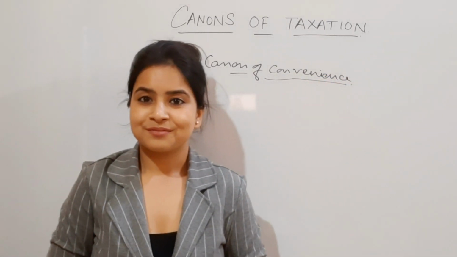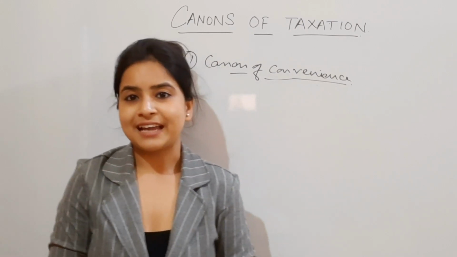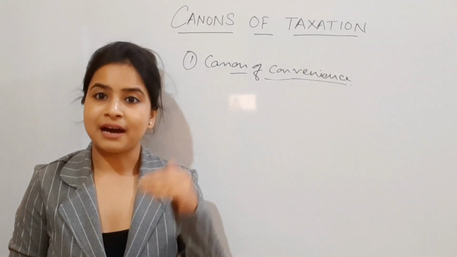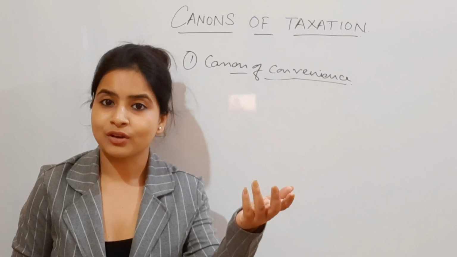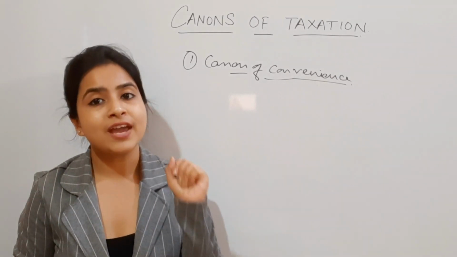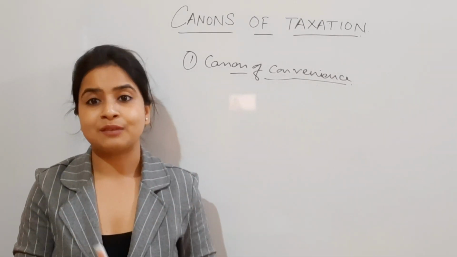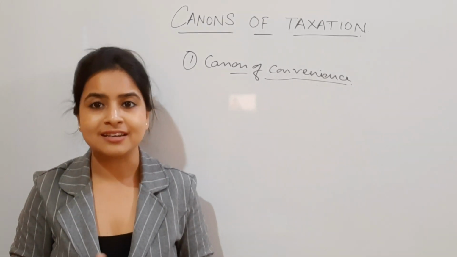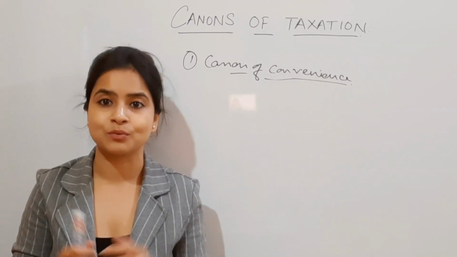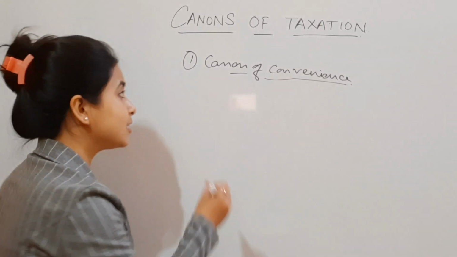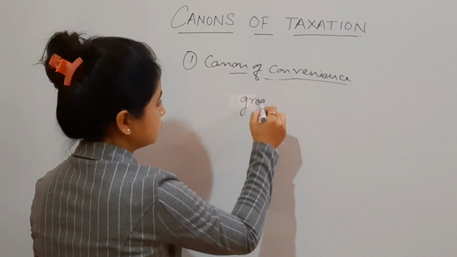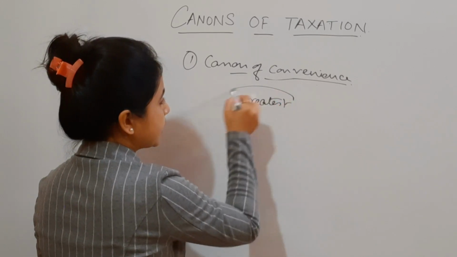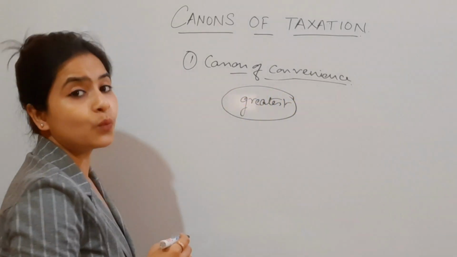Now, the way of collecting taxes by the government authority, and the way of giving out the taxes, that means how the taxpayers are paying the taxes, this has to be done in the greatest convenient way. Yes, the word greatest, I would be using it. Greatest convenient way of